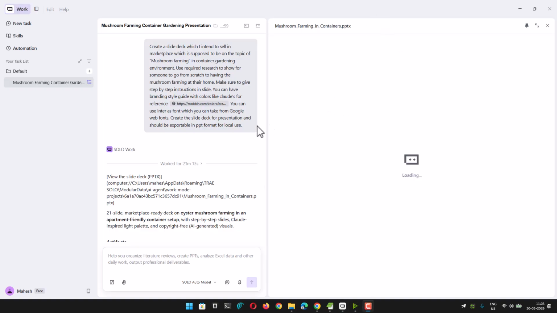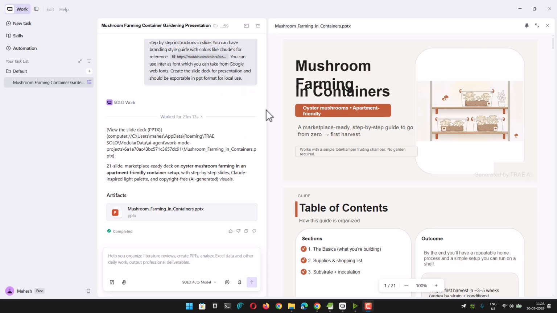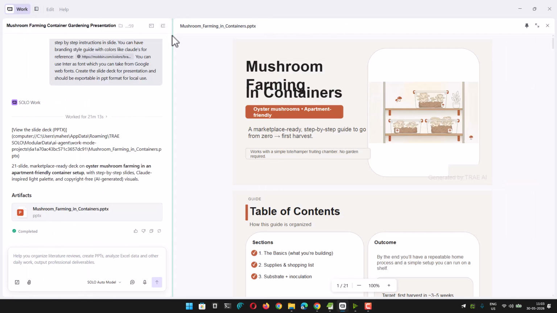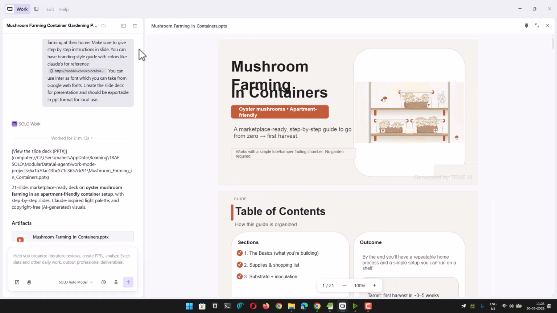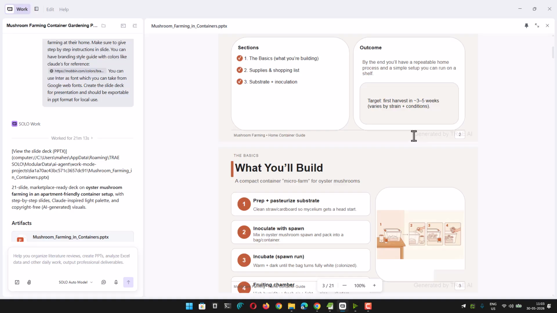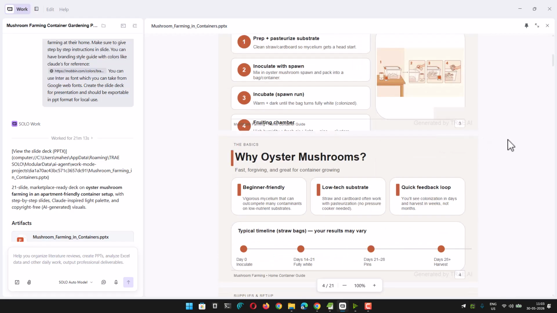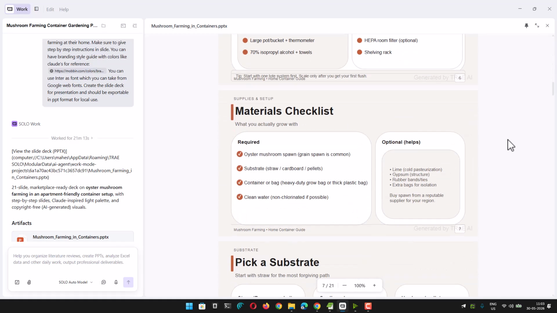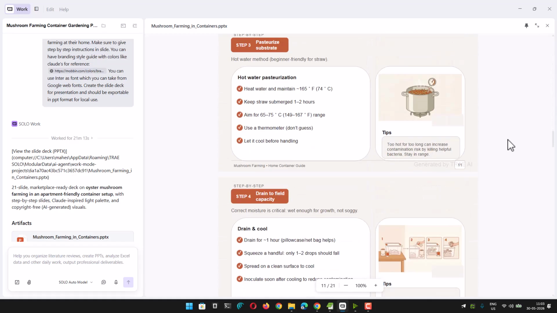So it will take a bit of time. We can also view this locally. Let me see if I can minimize this again, just reduce the sizing here. Now here you can see it has attempted to show a decent preview of this. Still, I think it needs a bit of touch-up. The "generated by Trae" mark seems to be something I would rather remove. Now here you can see I have to clean this particular slide a bit,